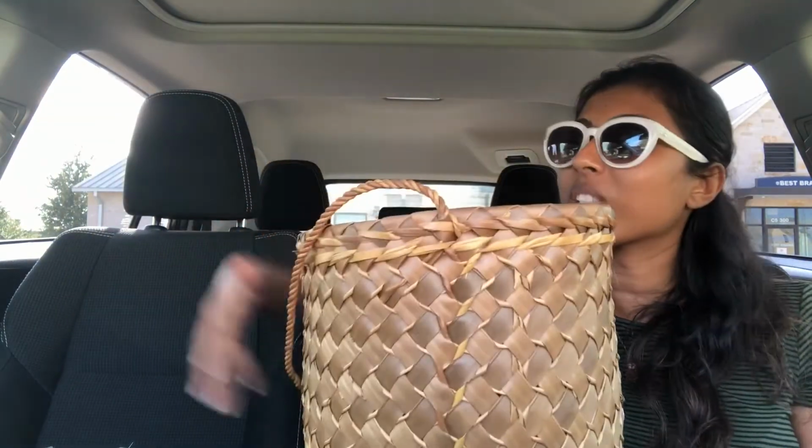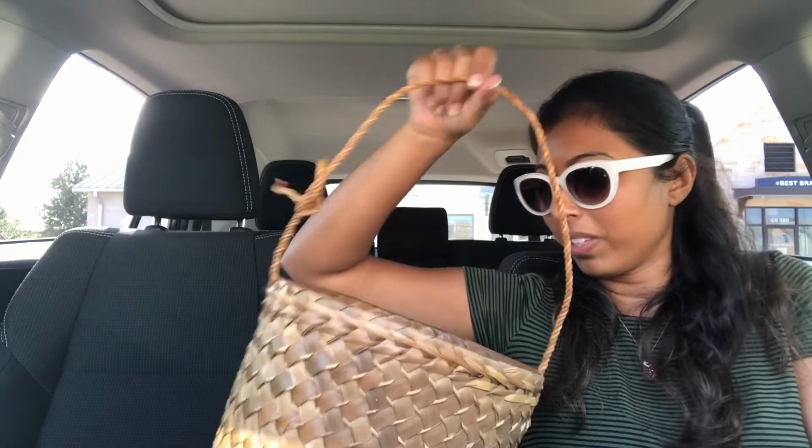Florals and some feathers and such. And then there's this basket that, how adorable, with a cute little handle. I was carrying all my things and walking around the estate sale with it, and I was just like, I guess I'll just get the basket too. So we have, let's see,